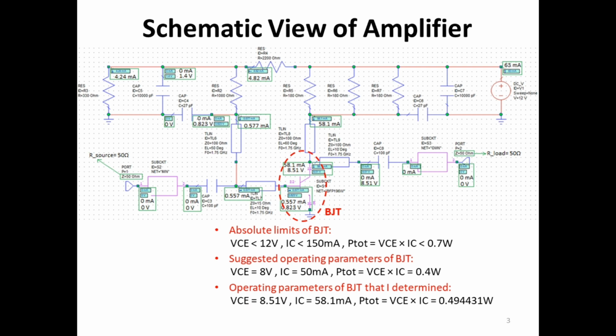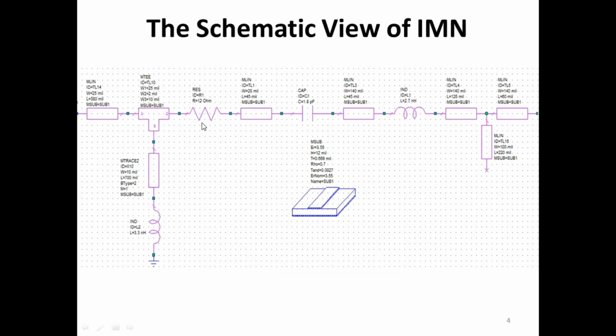For the RF part of the amplifier, I determined the transmission lines and the input-output matching network so as to satisfy the requirements of the S parameters mentioned in the objective section. This is the input matching network including the resistor to satisfy unconditional stability. Also there are some transmission lines converted into microstrips which provide the connections between components.